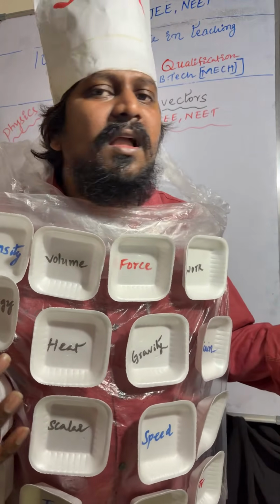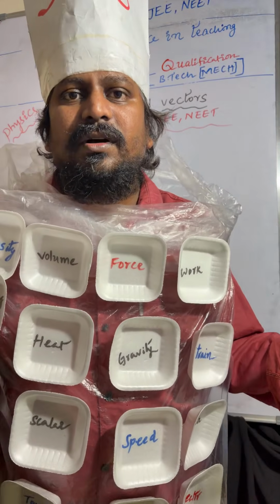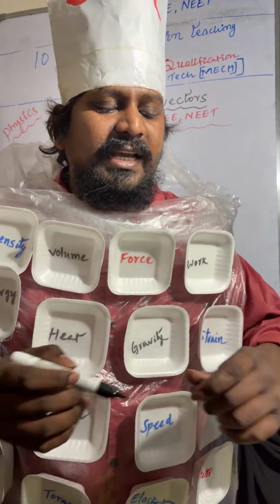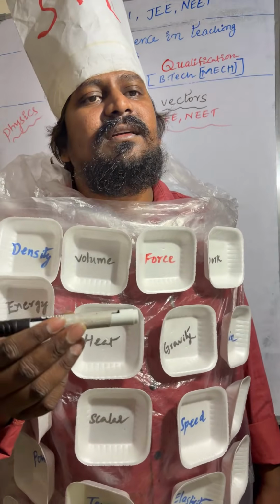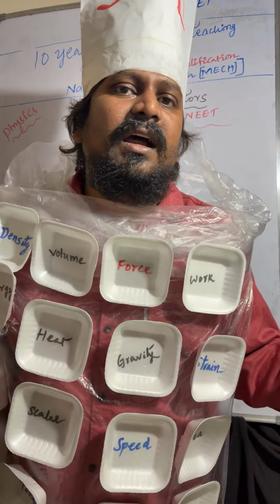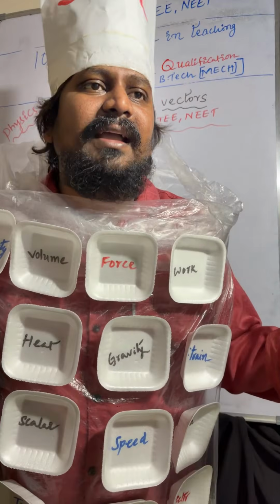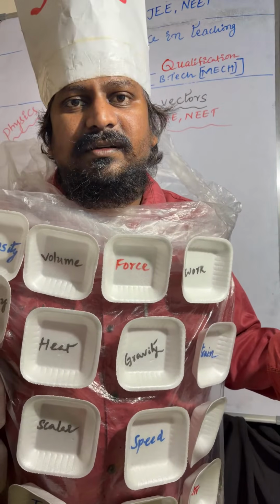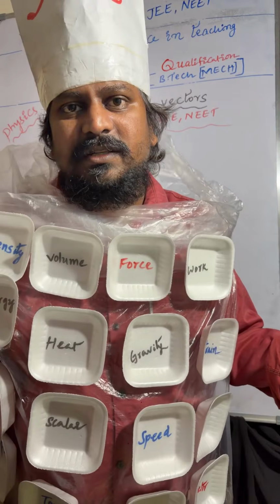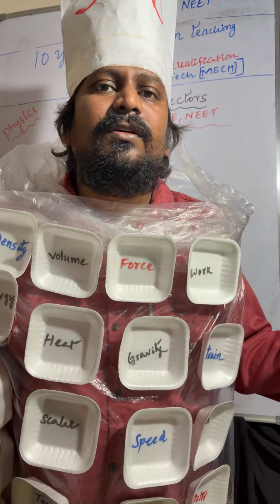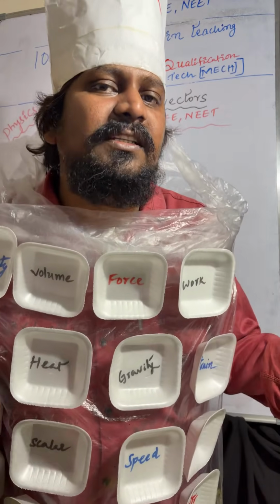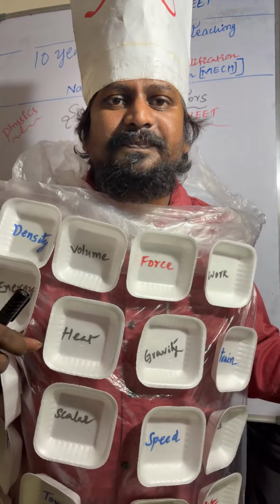Best example, mass. 2 kg, 3 kg, we can measure, right? If you take the weight of the marker, the weight of the book, the weight of the table, they are different. Our own weight also, we can say. So it can be measured. The quantity which can be measurable is called physical quantity.